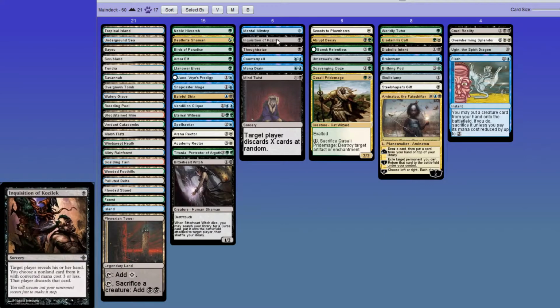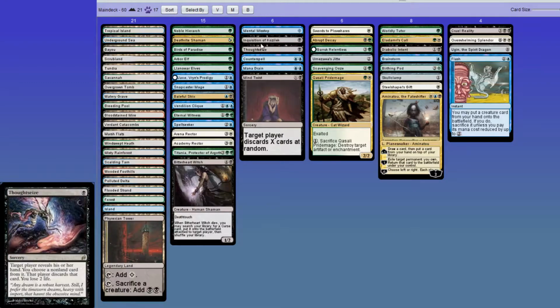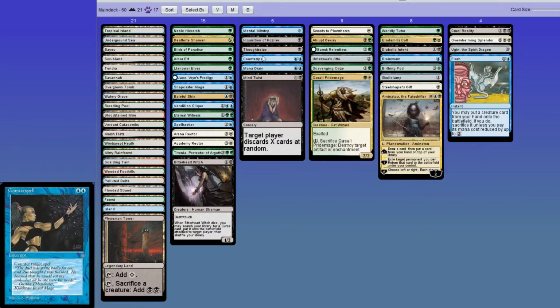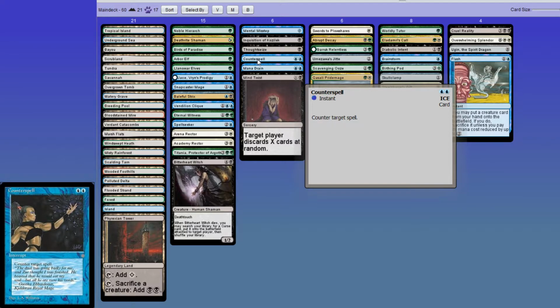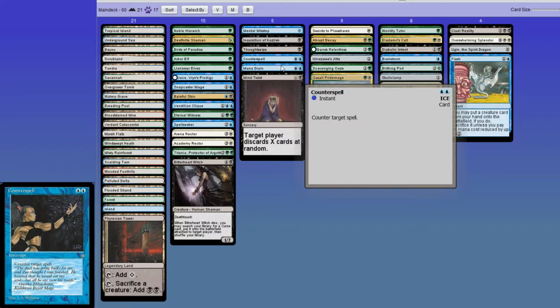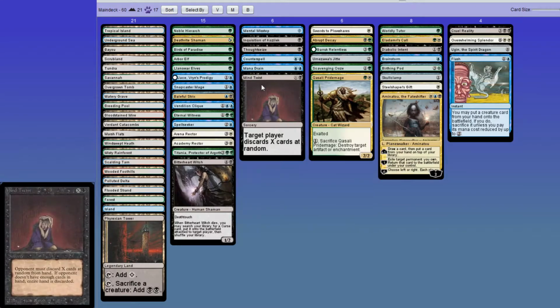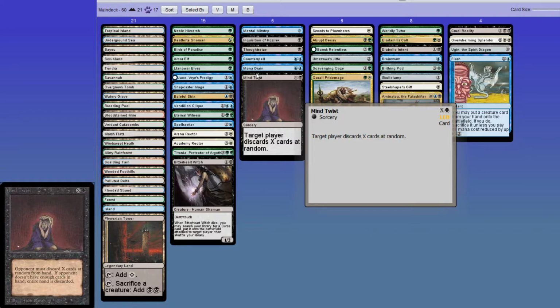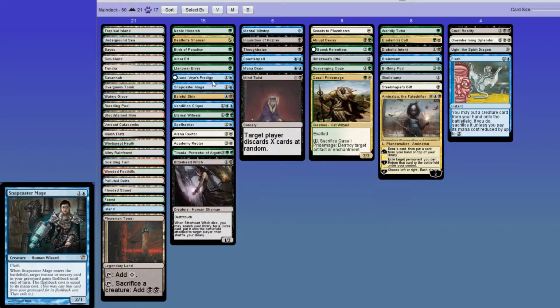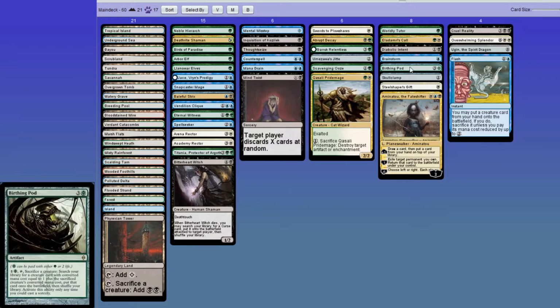You also have some other soft interaction here in the form of Duress, Inquisition, Thoughtseize between the main and side, and a Counterspell. But you don't go too heavy on this control theme. Now, the rest of the deck itself involves a mid-range shell. So we have 5 Mana Dorks, then you have a nice curve which allows you to go on a pod